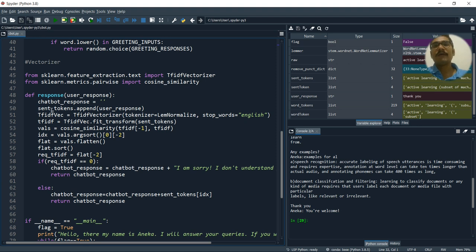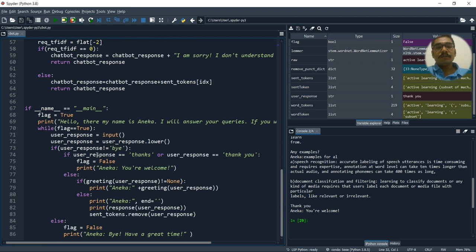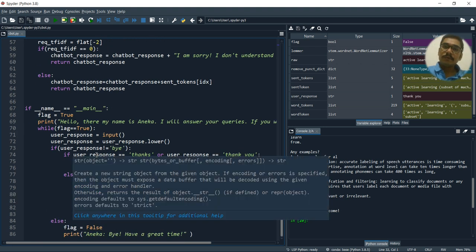So you have to keep changing the vectorizer dynamically every time you want to make something new, or whenever you want your chatbot to exhibit different functionalities, you have to implement those changes in the response. So that's it for this video on chatbot implementation in Python using the Spyder framework or code editor. Well, that was all regarding this video.